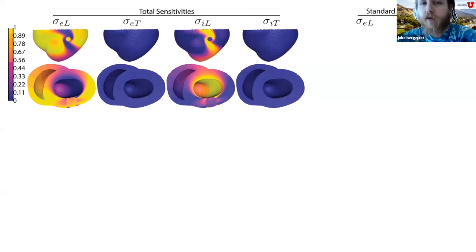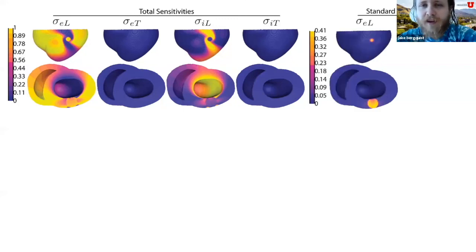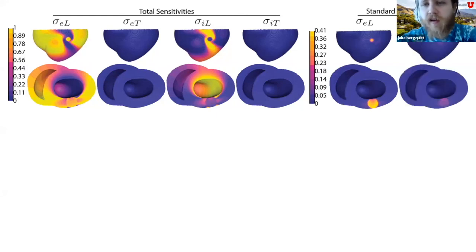I'm not showing the transverse because it was 0, because the model wasn't sensitive to them. And so we can see that the extracellular longitudinal mainly contributes to the standard deviation within the ischemic region, and the longitudinal intracellular has more of an effect around the ischemic region,